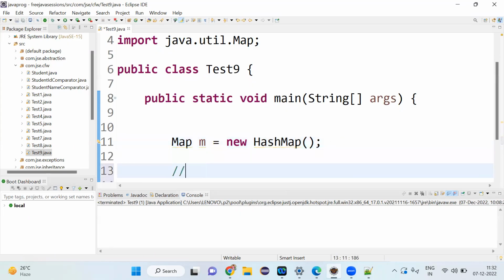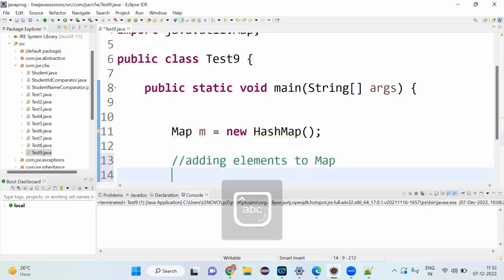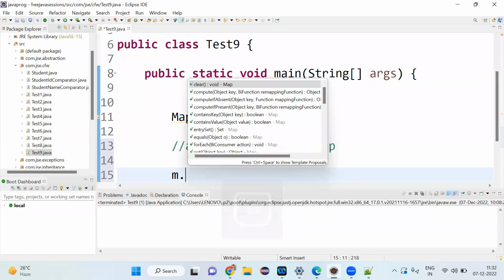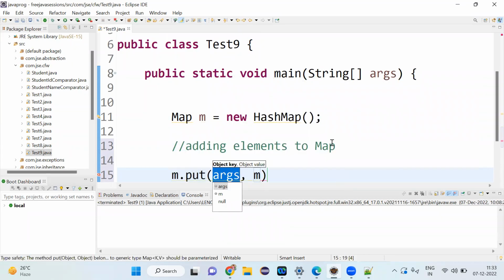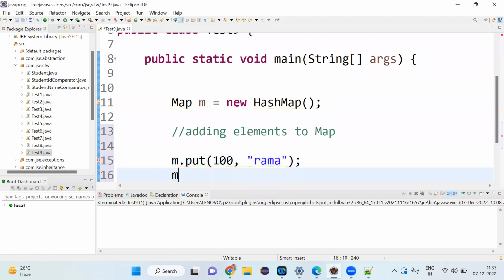Now what I have to do is add the elements to the map itself. How can you add the elements? m.put method, object key comma object value. Key is also an object, value is also an object. Everything is going to be an object only. For example, 100, Rama. Okay, m.put of, something like